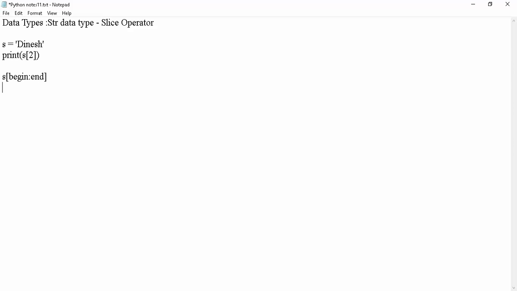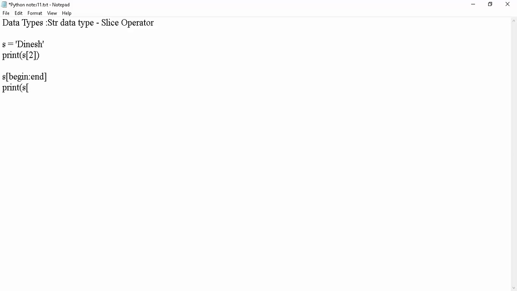Begin means 0 or 1 or 2, whichever one we need, we can mention. End means the same thing, whichever one we want to end at, we need to mention that index number.